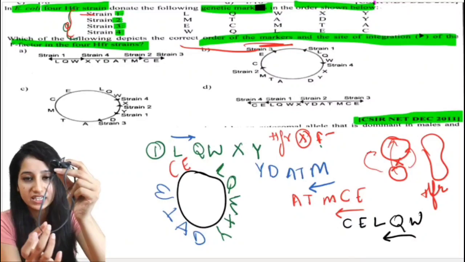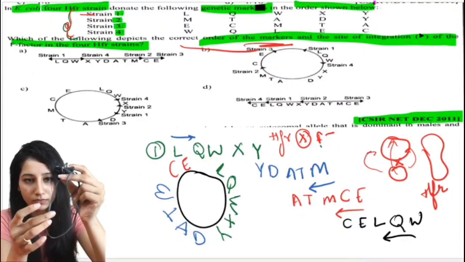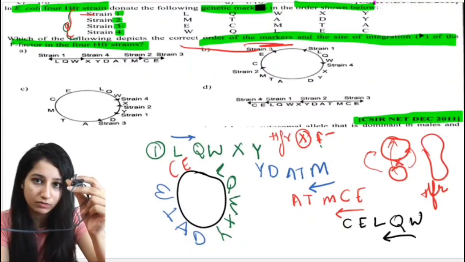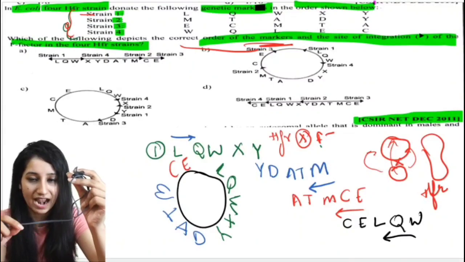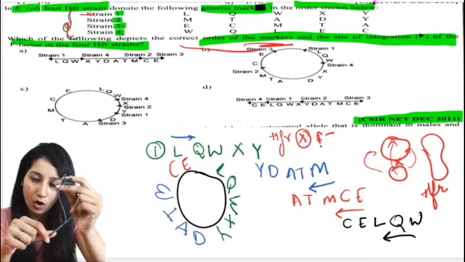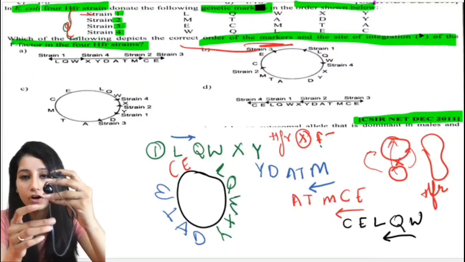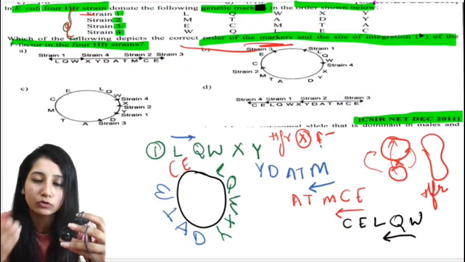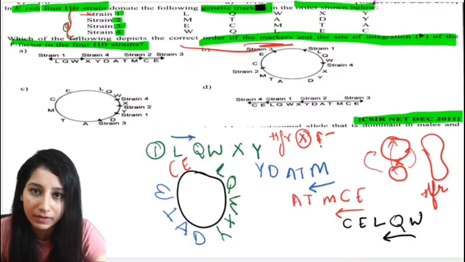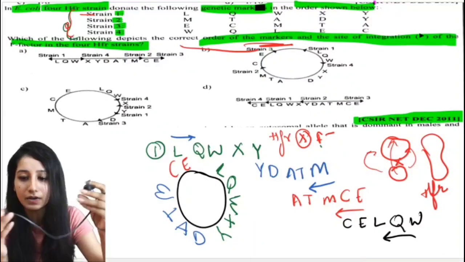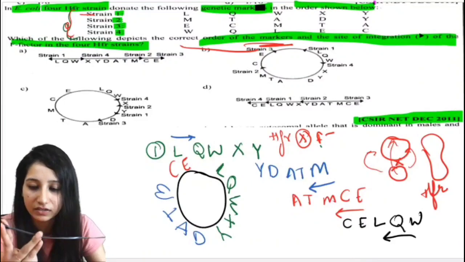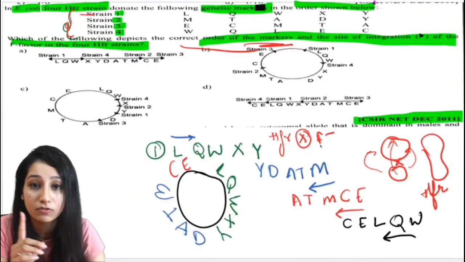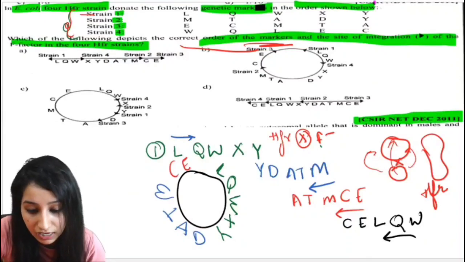So then the genes of the chromosome will go this way. First of all, what will happen? The F factor will be transferred into the F negative first, and after that the genes will be transferred. In this case, where the first gene is transferring, just adjacent to that the F factor will be attached. I hope this point is clear. Where the F factor is present, just adjacent to that the first gene that is transferring will be present.